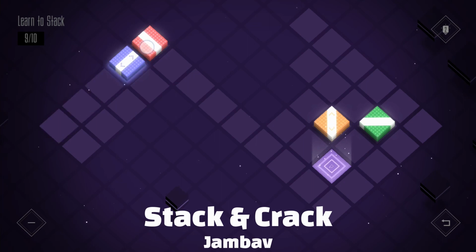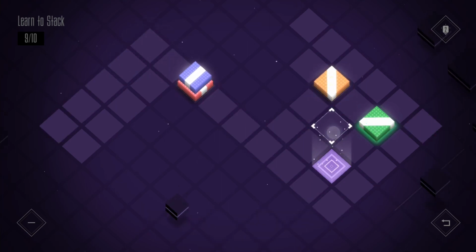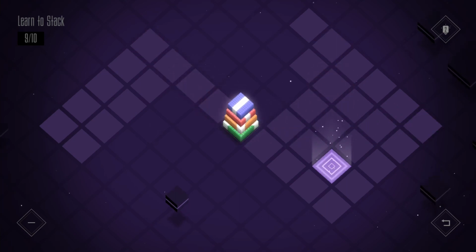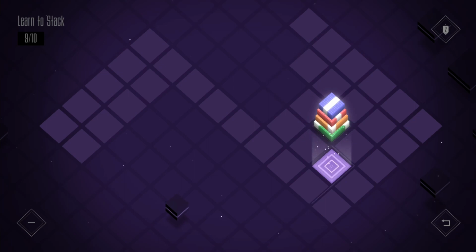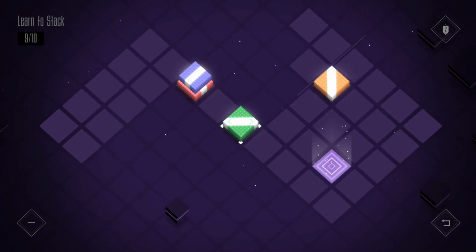Stack and Crack is a beautiful minimalistic puzzle game with 100 handcrafted levels. The goal is pretty simple: get a set of boxes placed on a grid-based map to the exit point. Now, the tricky part is that each of these boxes can only move in one direction, forcing us to figure out the right order to stack the boxes on top of each other so that they can all be moved